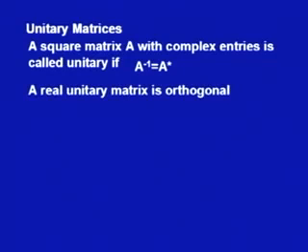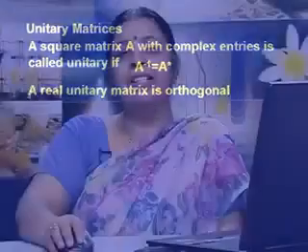And if the matrix happens to be a real matrix, then A star is nothing but A transpose, because conjugate of a real matrix is the matrix itself. So, A star is nothing but A transpose, and in that case we have a unitary matrix as the same as orthogonal matrix. In other words, we say that a real unitary matrix is orthogonal matrix, because there we have A inverse is equal to A transpose.